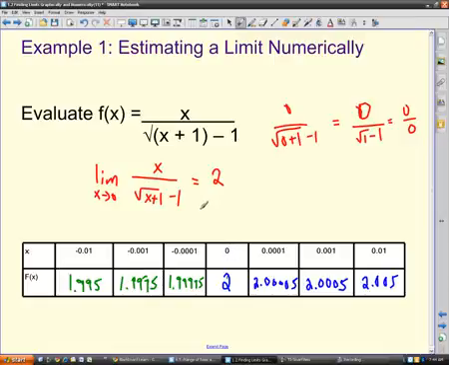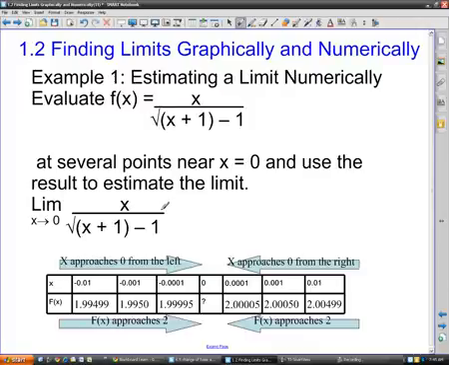And so 0 was not in the function. It caused an error. But as we approach it from both sides, from the positive side and from the negative side, we got really close to 2. So we can say that for this graph, 2 is the limit of that graph. So that's basically what all of this says. This is the same thing. It's the solution. And so if you saw the graph that I showed you earlier, this is what the graph